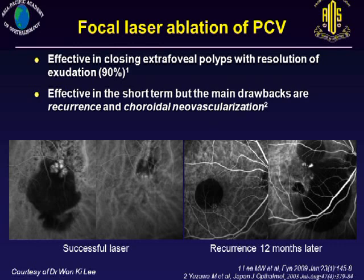Here, a case from a good friend, Won Ki, successful laser initially, the lesion is closed, hemorrhage resolved, and then 12 months later, a new crop of polyps appears in a previously untreated area, and this time with even more severe hemorrhage. So you're going to be faced with this type of situation when you do focal laser. Be prepared for recurrences and to be able to identify new crops of polyps and having to chase them around